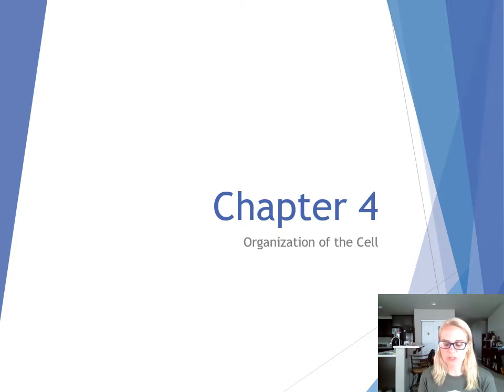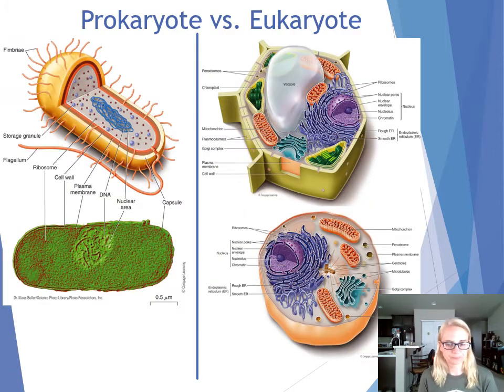chapter. So first, when you're reading through chapter 4, it's going to talk about some history of the cell theory. So you should be learning those 3 aspects of the cell theory. It talks a little bit about microscopy. I know you don't get to get your hands on a microscope in lab this term, but your lab guys are going to be doing a good job of trying to give you some substitute activities so you can kind of see what things look like under the microscope. And then the rest of the chapter is dealing with diving into all of the different parts and pieces of